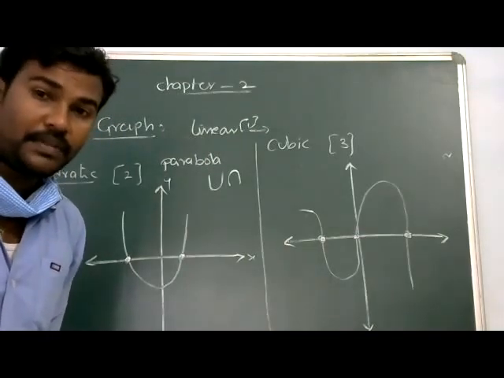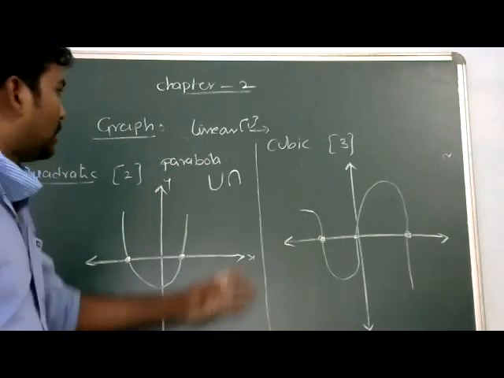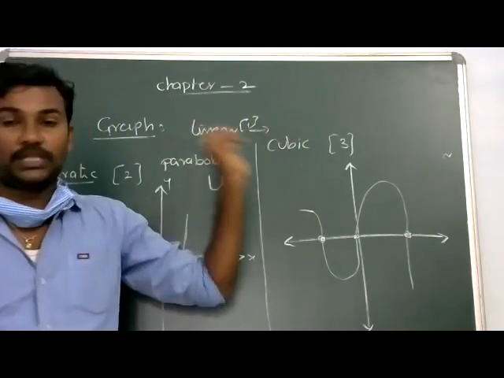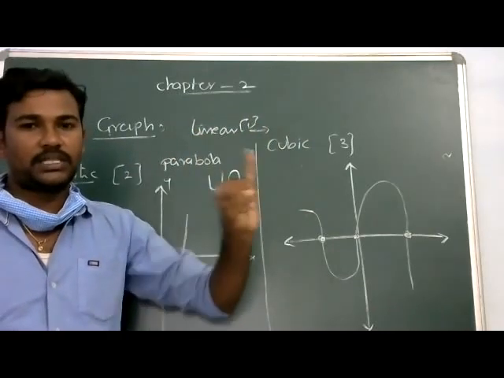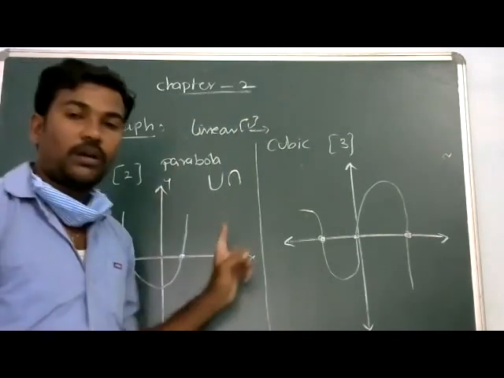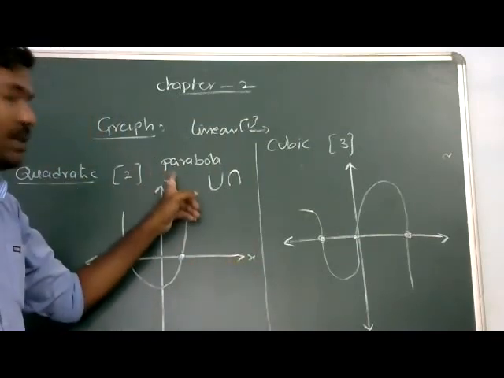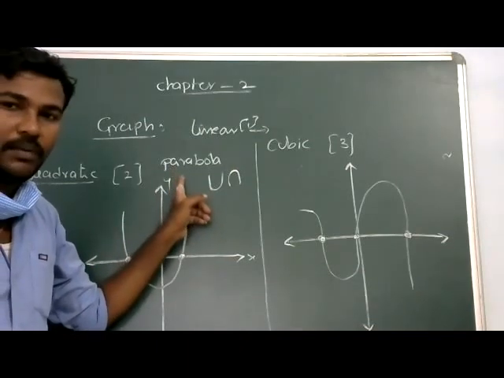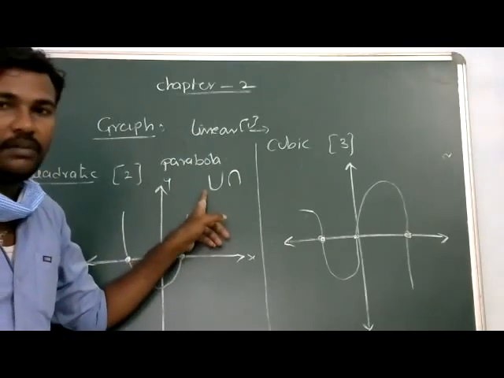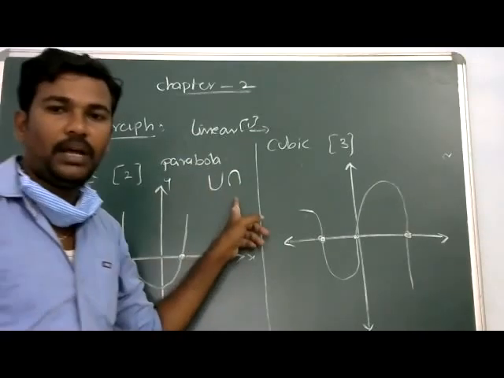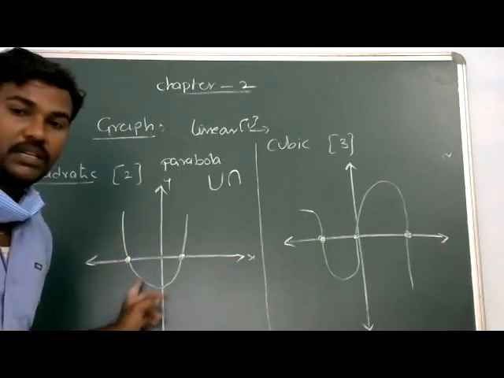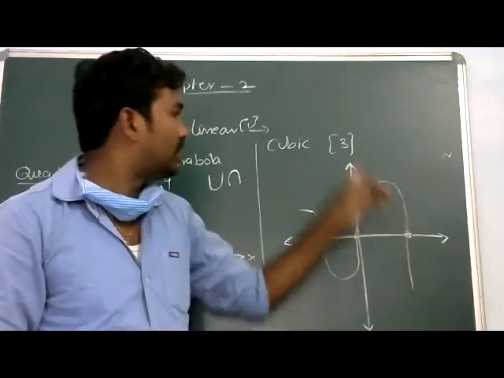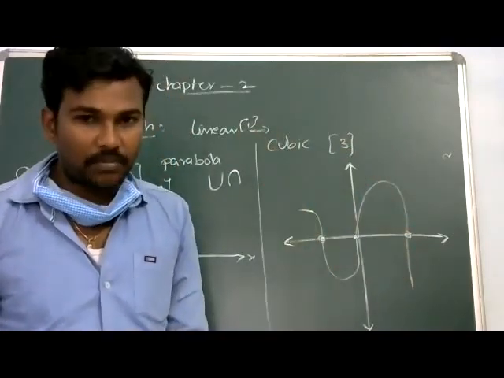Are you clear about the graph of the polynomial? The number of zeros of the linear polynomial is 1, and it shows a straight line graph. It intersects the x-axis at only one point. Then comes the quadratic polynomial. The graph of the quadratic polynomial is a parabola. It looks like a U-shaped curve, upward parabola and then downward parabola. So how many times can it intersect? 2 times. Coming to the cubic polynomial, how many times can it intersect? 3 times. That's why the number of zeros equals 3. Is it clear now? Okay.